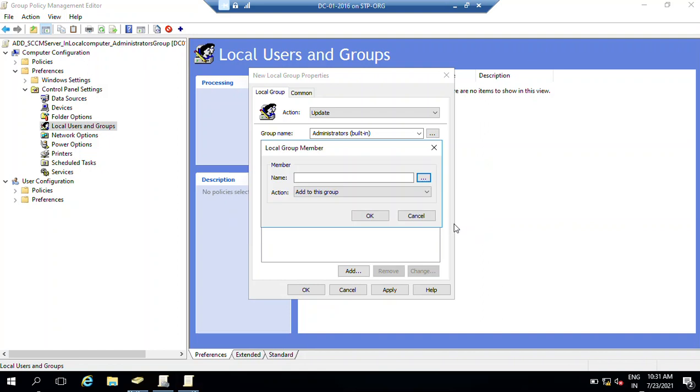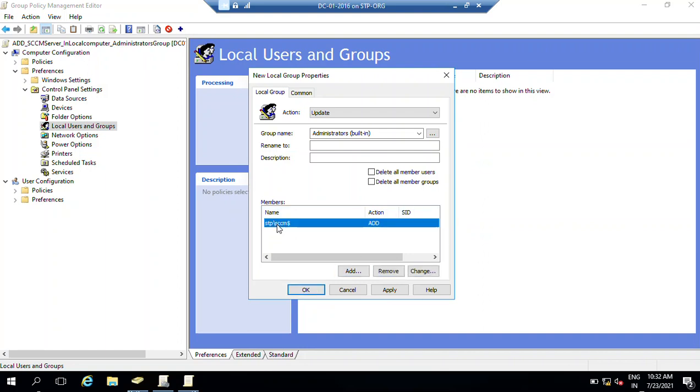So what we need to do here, just type your domain name STP, then SCCM, then $, and click OK. Now you can see we have successfully added our SCCM server in this item.